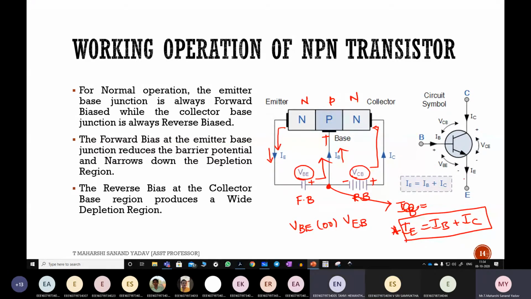The voltage from base to emitter can be written as VBE, from collector to base as VCB, and from collector to emitter as VCE. Simply, from positive to negative I am going. Here also the same thing, from positive to negative. That's why VCE, and here this is VBE. During forward bias, the depletion region will decrease, whereas in reverse bias, the depletion region will increase. That's why here resistance will be infinite, here resistance will be 0.